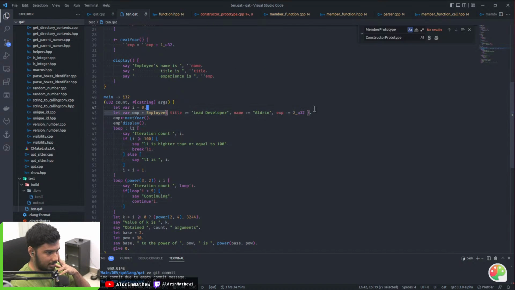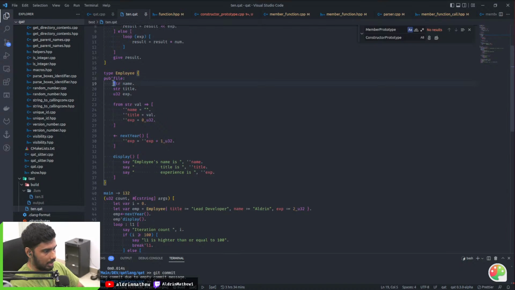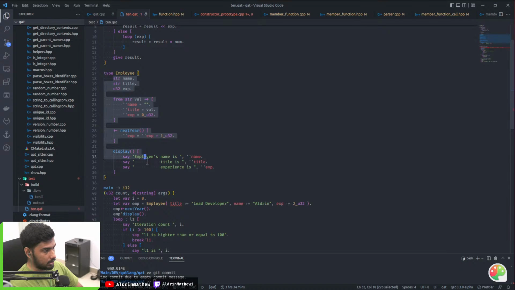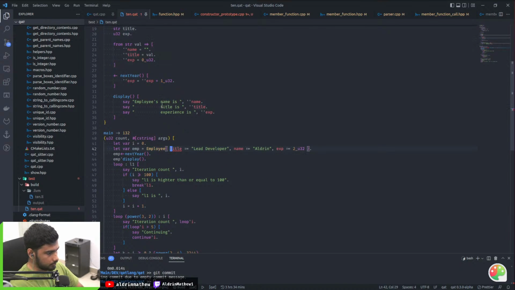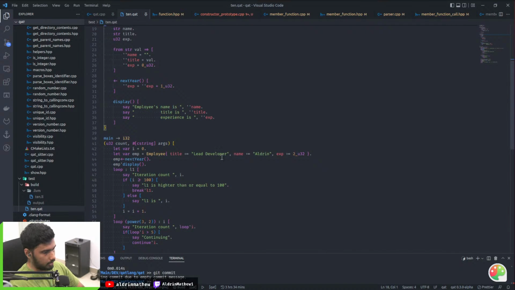And I recently added support for plain initializer, and also visibility. So right now, everything here is visible for the whole file. Yeah, thank you. And if I change this to pub, which basically means public, it also compiles without problems. But if I remove this visibility, now there will be errors because now the title member is not accessible here because it's private to this type. So I can just do pub, and now the error goes away.